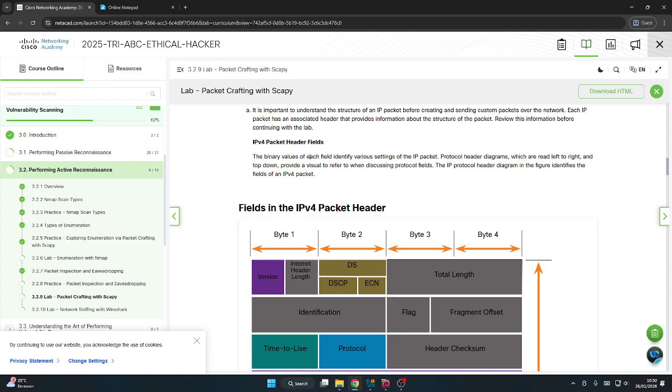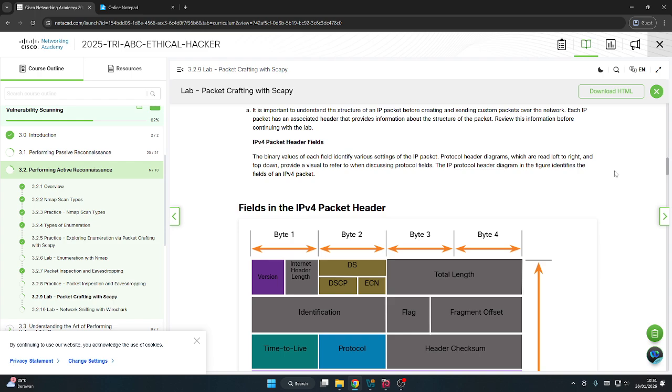In the IPv4 packet header fields, the binary values of each field identify various settings of the IP packet. Protocol header diagrams, which are read left to right and top down, provide a visual to refer to when discussing protocol fields.